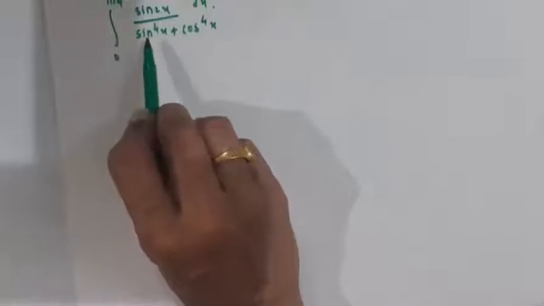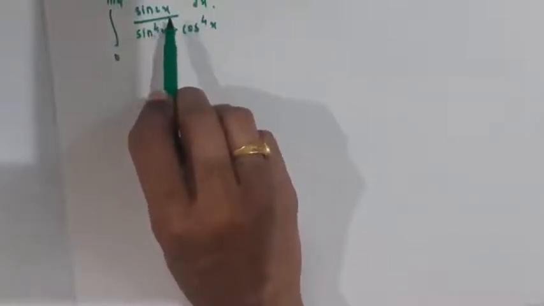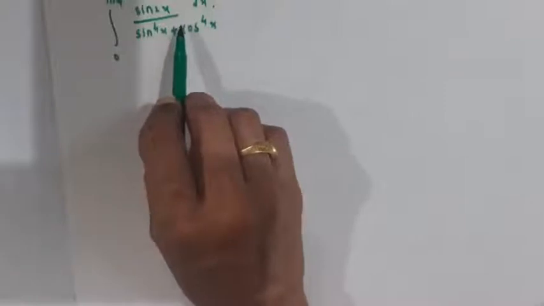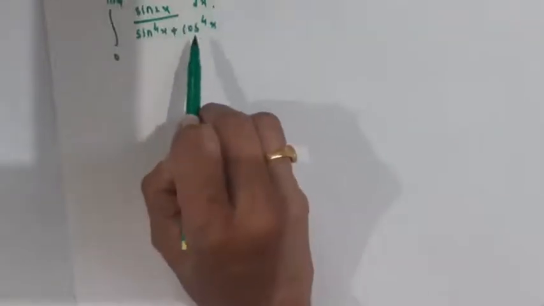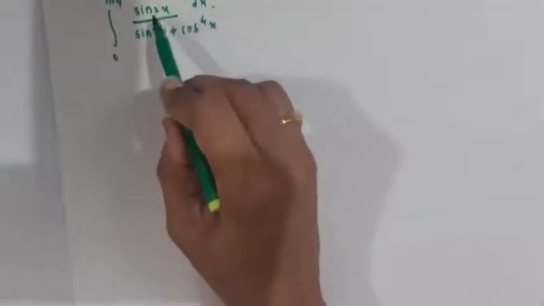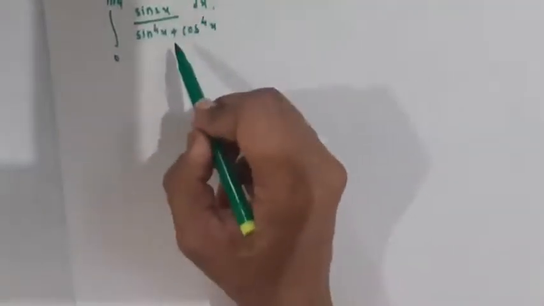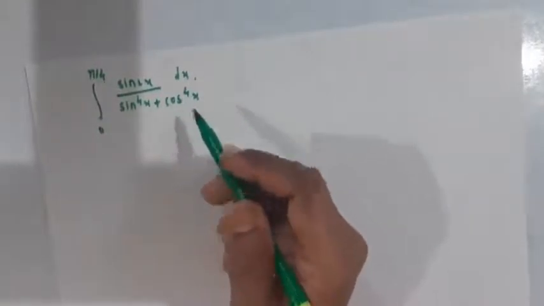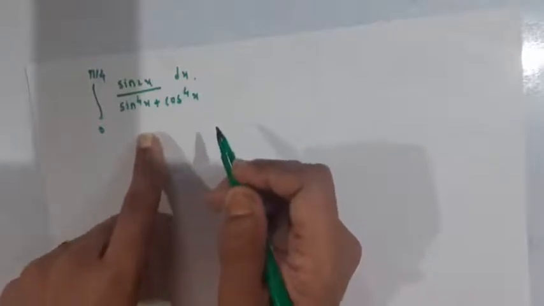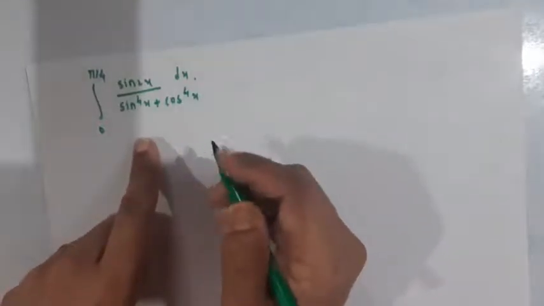That is, here sin^2 x you can write as sin^2 x, and cos^4 x is (cos^2 x)^2, and cos^2 x you can convert in terms of sin^2 x. Give the substitution for sin^2 x and you can solve the problem easily. Students, another way is also there, a very short method. So how to solve the problem, let us see.